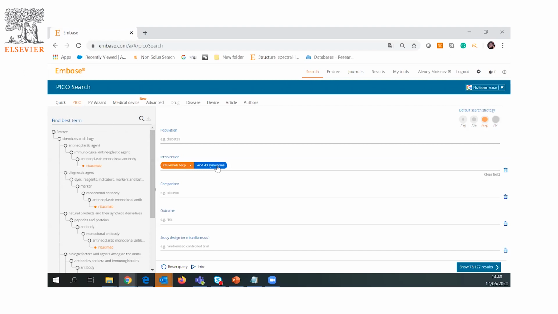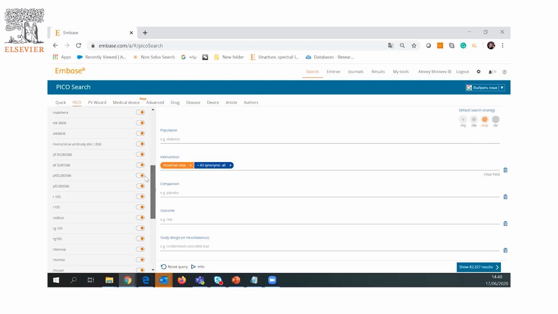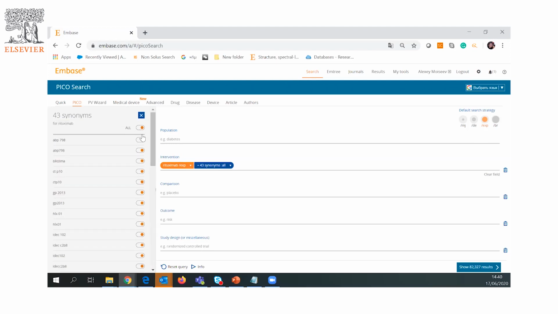It also gives you the opportunity to add synonyms to the query. If we click add synonyms, it will automatically add all synonyms to rituximab, and we can switch them one by one, or use all of them. It is a very comfortable way to do this research. And for example, if you